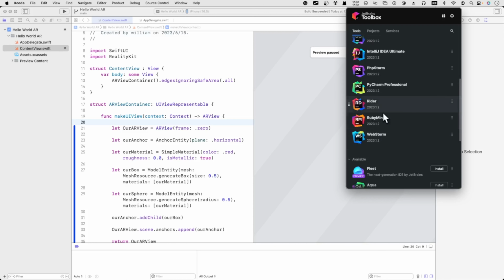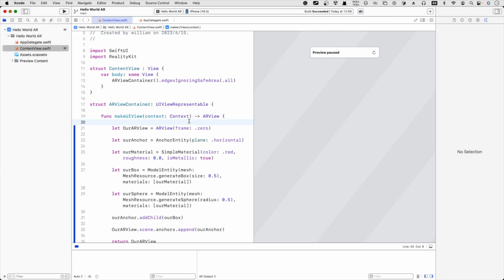And Rider, I use for Unity development, and I use Rider instead of its default Visual Studio. The reason for that is that the IDE is so great and I can incorporate Copilot when I use it. And Xcode is not as good as the JetBrains IDE, and